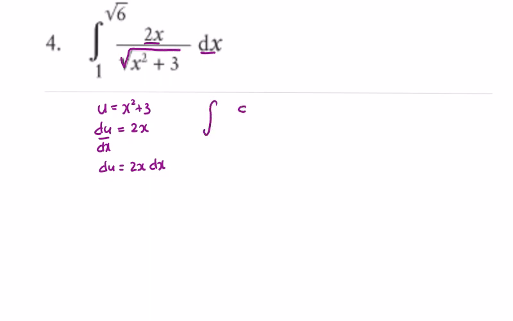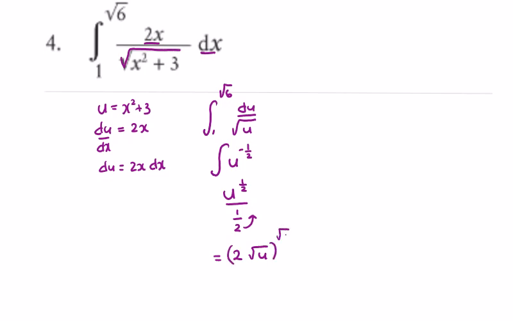of du on top, and on the bottom we have the square root of u this time, and that's between root 6 and 1. So if we integrate the square root of u, this is u to the power of minus a half. So if we integrate, we increase the power by 1, it's going to be u to the power of plus a half divided by the new power, which is 1 over 2. So this is going to give, the 2 will end up on top, 2u to the power of a half, or 2 times the square root of u,